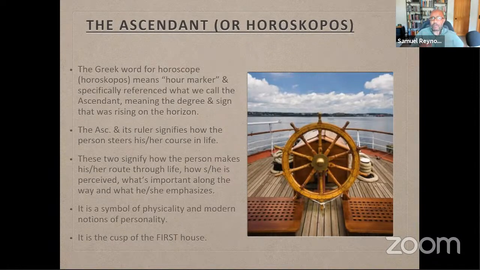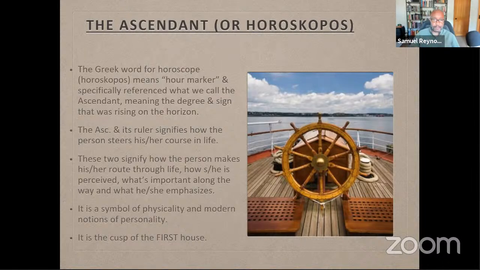Now, when you say your rising sign is, say, Leo or Aquarius, that's just the whole sign, as distinct from it being at a particular degree. So that's usually when the astrologer asks you when you were born, what time you were born, and where. With that information, she or he can compose your chart, whether they do it by hand or by computer, and then they will get a specific degree. Now, that's important related to the specificity of understanding your chart, but that's what we're talking about as